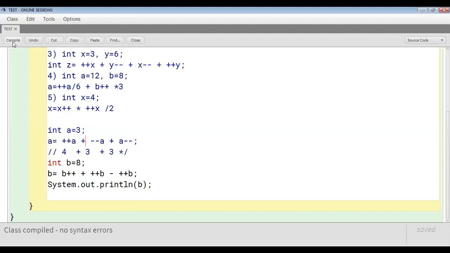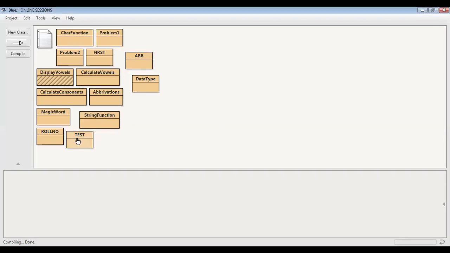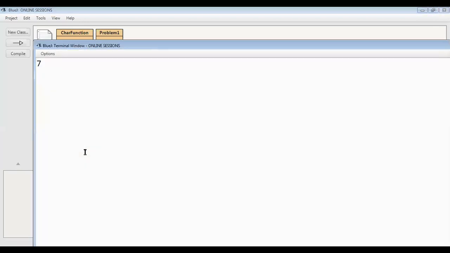Okay, so let's compile it and see what's the answer. I am getting only two possible answers. Some of them are saying 7 and some are saying 9, but I got one more answer now, 8. So let's execute it and see what's the right answer. So class, what's the right answer? The right answer is 7. It's not 9, but it's 7.